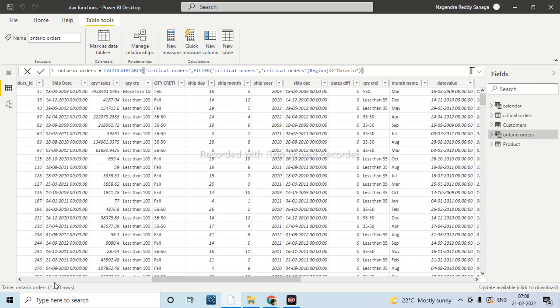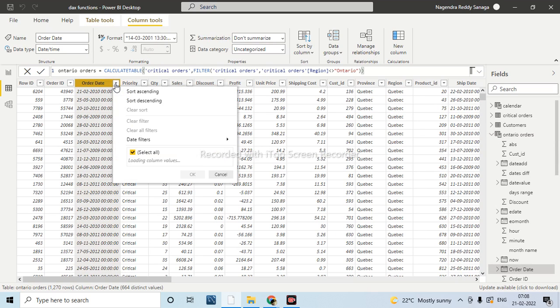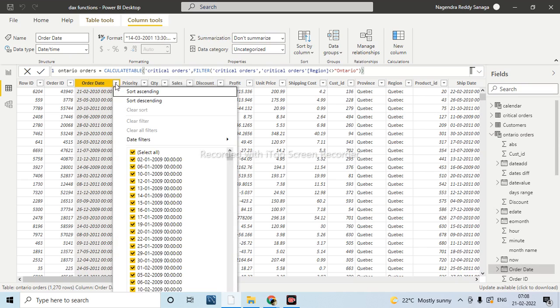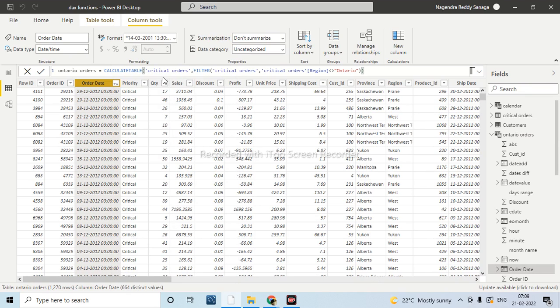And we'll see one more example, based on a date condition. For example, in the overall orders, I want the information only for the last 7 days. Now here we have the information for overall these 4 years, right? If I want the last 7 days from today, I can directly take the date as from today.